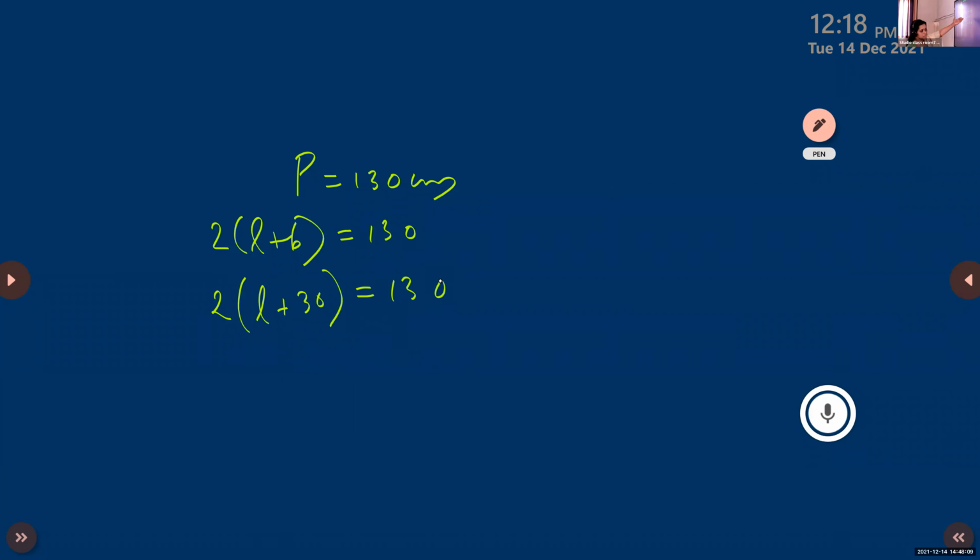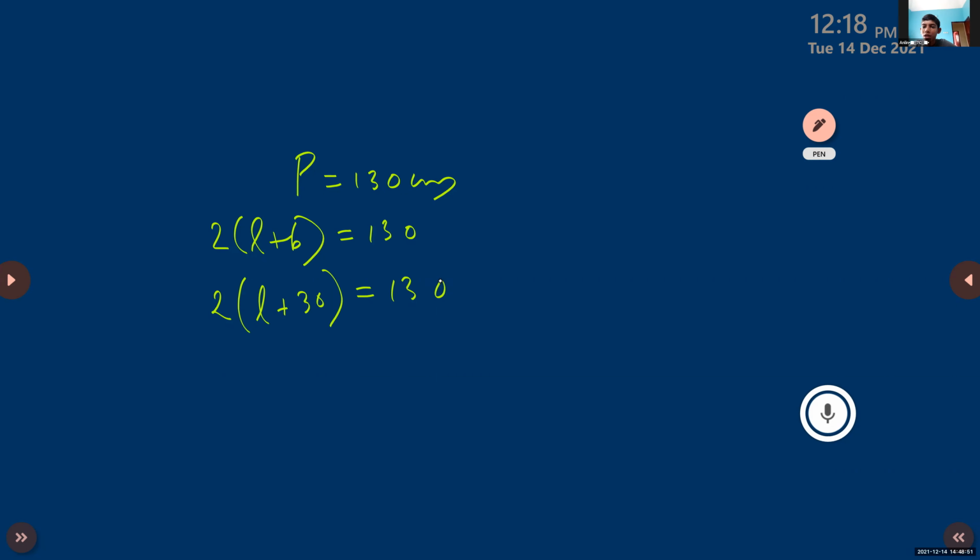So you know, perimeter is given, 130. Perimeter means 2 into L plus B, and B is given, 30. So 2 into length plus breadth is equal to 130. So how will you find it, which number will you remove first? Everywhere you will find the application of simple equations, children. Aradhya, can you tell me which number you will remove from the left side in this case? There is a bracket.